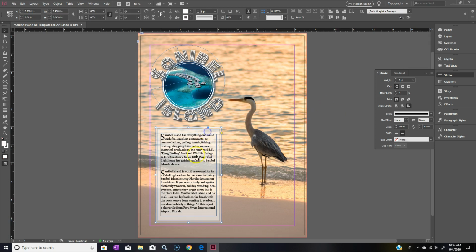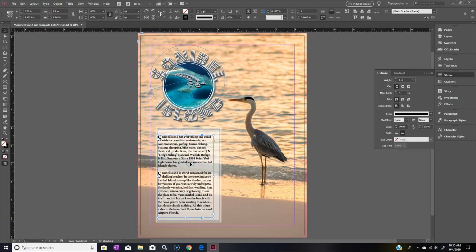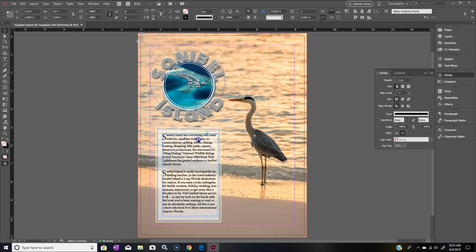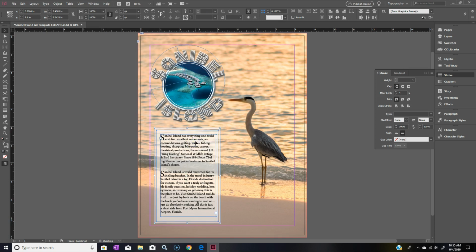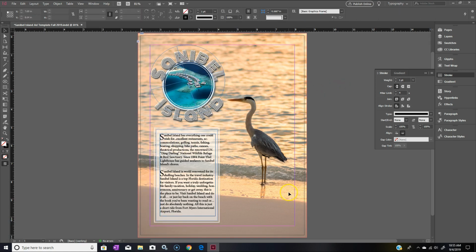Now let's grab both of these, oops, didn't grab both of them. There, now we got both of them. I want to move these over just a little bit so it's more or less spaced out with a margin and centered underneath this thing. Okay, the last thing we need to do is we need to pop in a